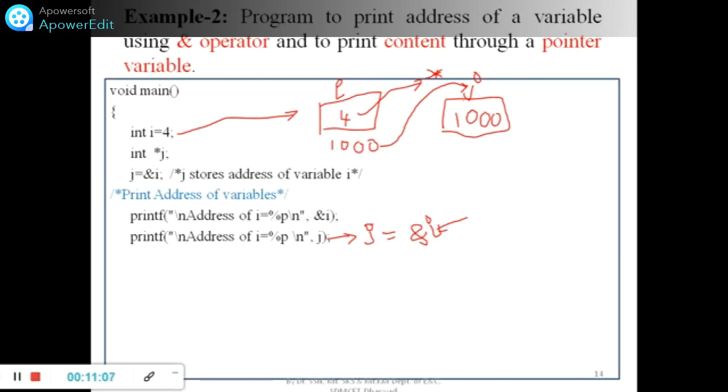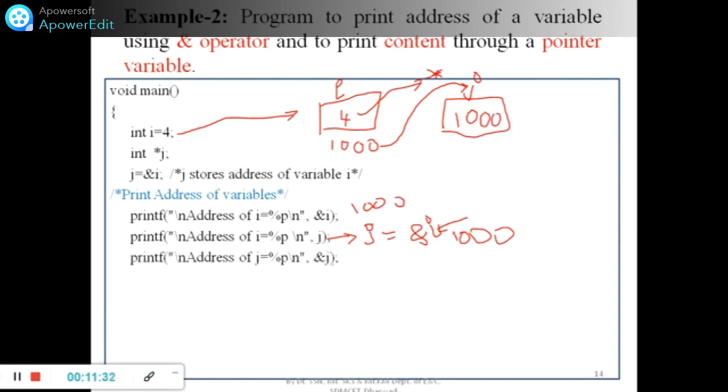Where is it stored? In j. Hence the output of the second printf statement is 1000. Here we are assuming the addresses; the same address may or may not occur in the simulation. So the first and second printf statements should give me the same answer.